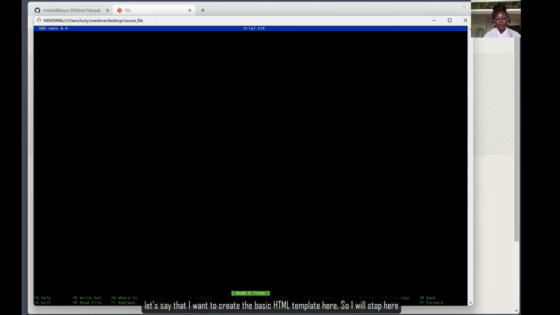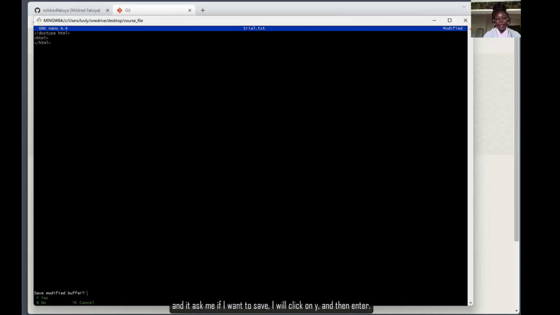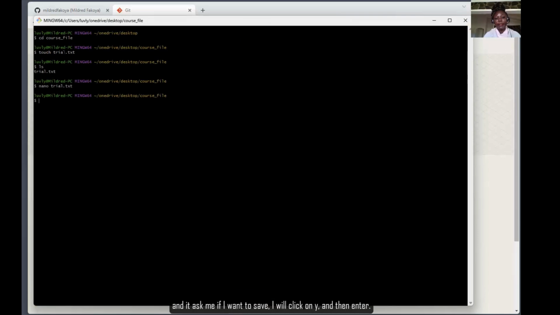Let's say I want to just create the basic HTML template here. So I'll stop here just for demonstration, and then I will save. I'll use Control X, and it asks me if I want to save. I'll click on Y and I'll click on enter, and then when I come back here, I still find my